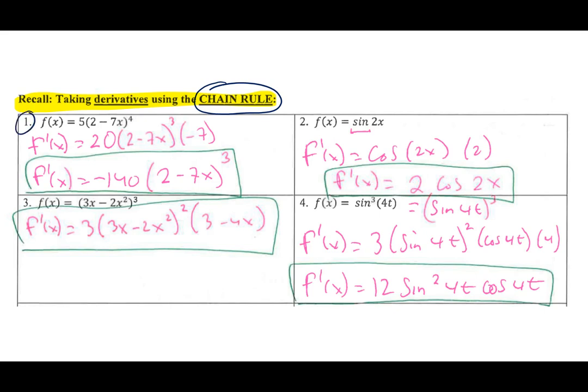So here in number 1, 5 times (2 minus 7x) to the 4th. Hopefully it hasn't been so long that you forgot. You're going to go ahead and bring down the 4. 4 times 5 is 20. You would then take the entire quantity to the 1 less power, which would be 3. And then the chain rule says you're going to take the derivative of the inside, which would be negative 7. In your final answer, multiply the negative 7 times the 20 and put that out front, times (2 minus 7x)